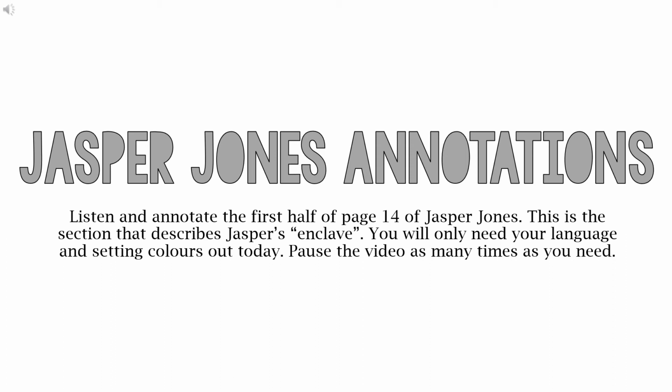Charlie refers to it as being an enclave. Okay, an enclave really has connotations of being enclosed in something, which links to the Gothic element of entrapment. So think about how Charlie is sort of surrounded by the trees in this small clearing in Jasper's little world. He says that it would normally be something quite nice, but right now it just seems sinister and suffocating.